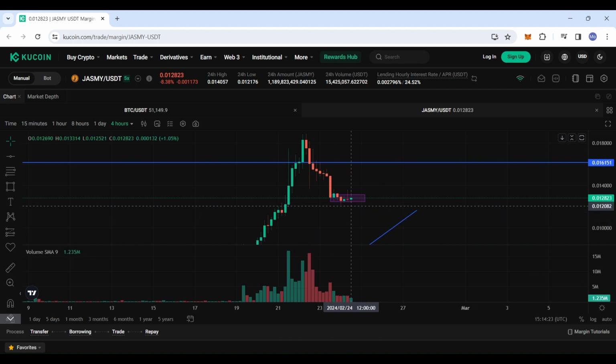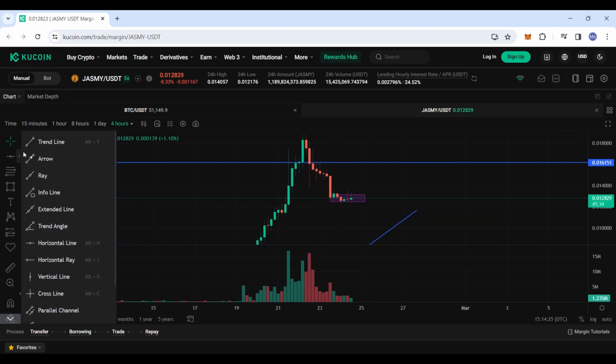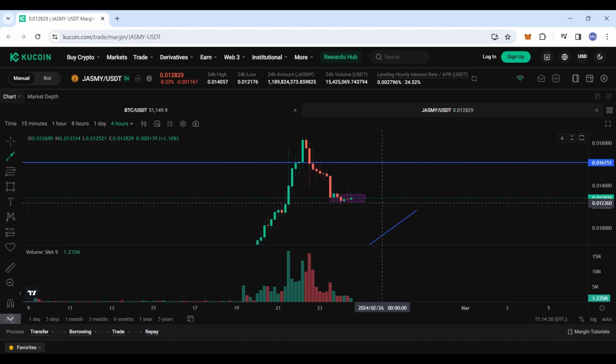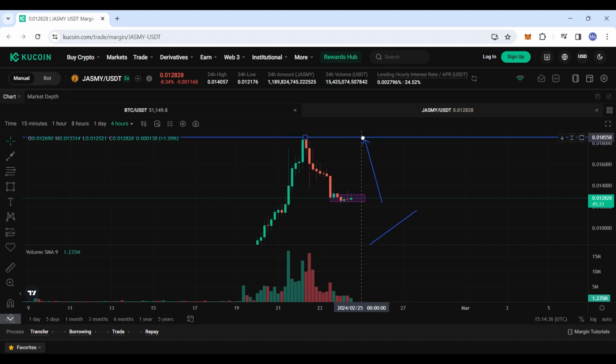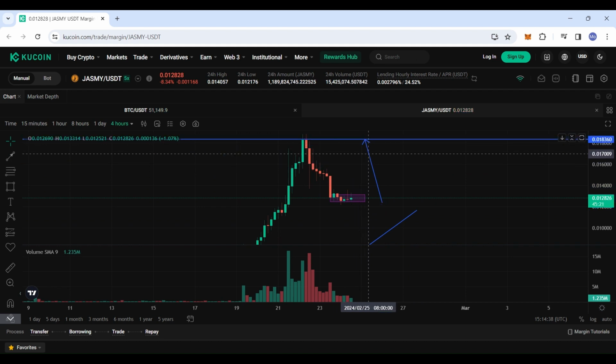Alright, so if you do break to the upside, it looks like this could be a potential move back up to this region of 0.018, which would be up here. Let me change the color of the arrow. Fantastic. And then I'll be looking for a trade going upwards only if we break above this rectangle area over here,